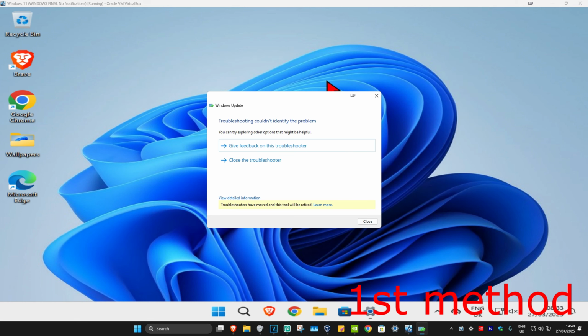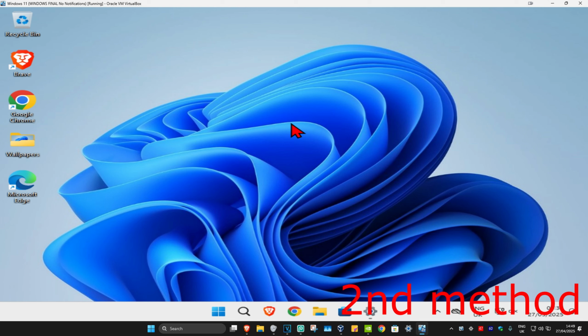Wait for this to load. And then once that's been done, if it detects anything, it will try to fix it for you. See if that works. If that's still not working, then for the second method, you're going to head to